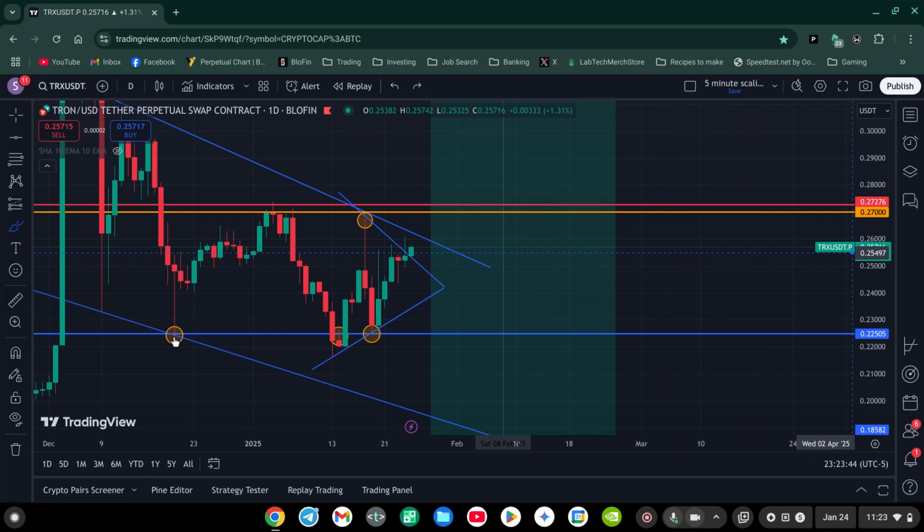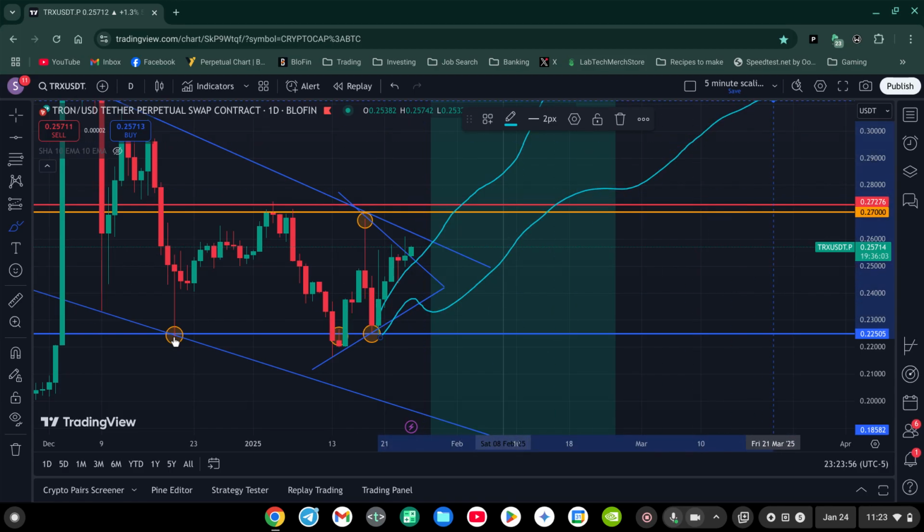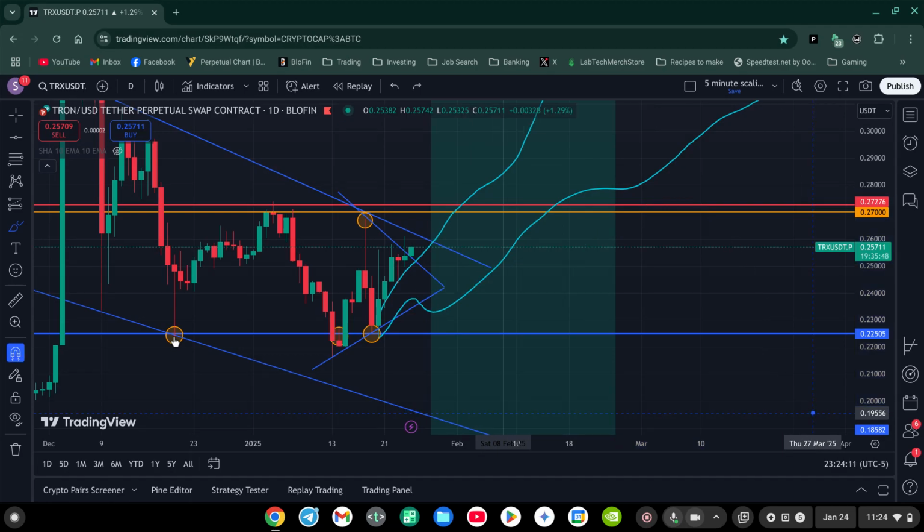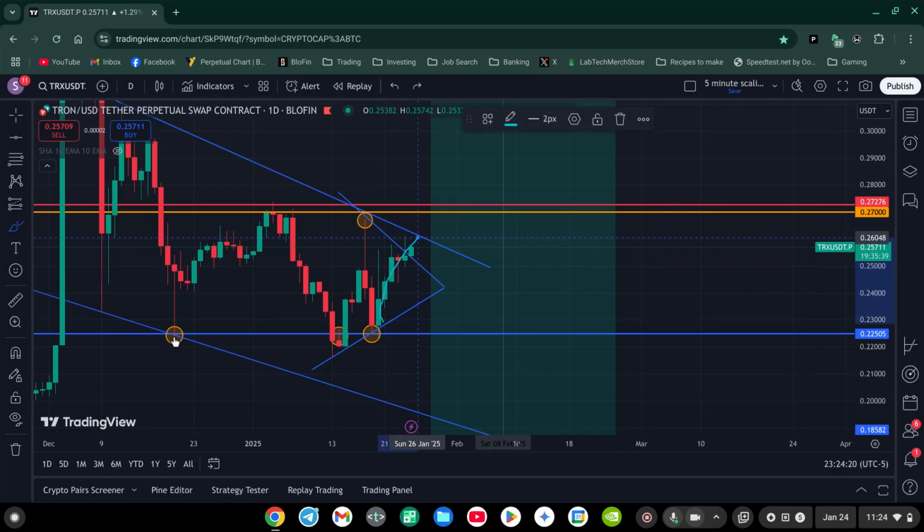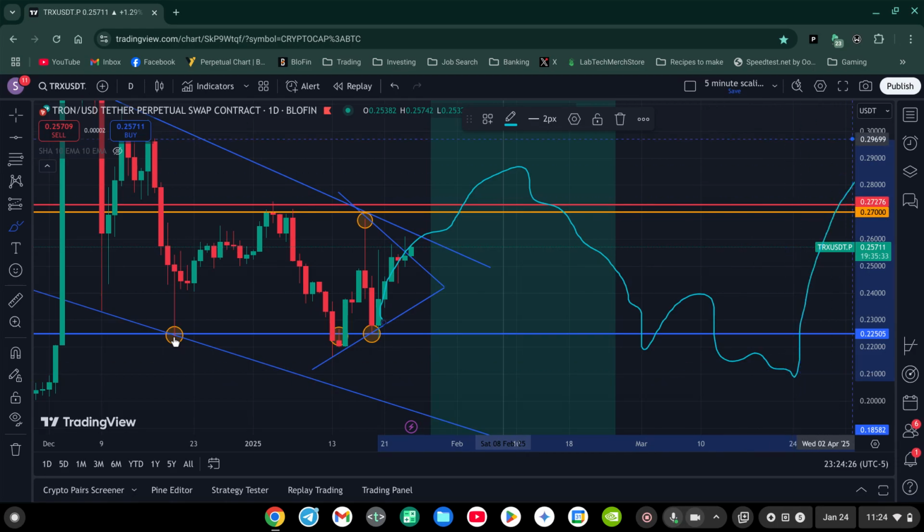Obviously, if price action goes like that, awesome, we're in profits, everything's good. If it goes like this, of course, good, fine. The only situation in which it would be an issue for us would be if the price were to go up, hit the trigger price, and then go down. But just in terms of the number of possible things that could happen with Tron that could create an issue,